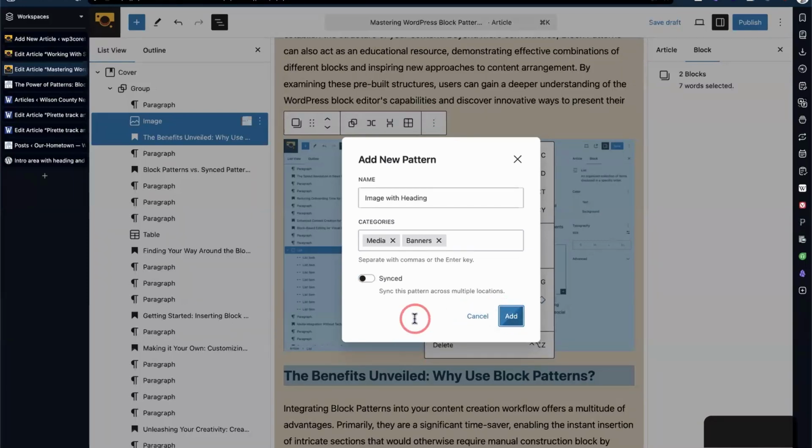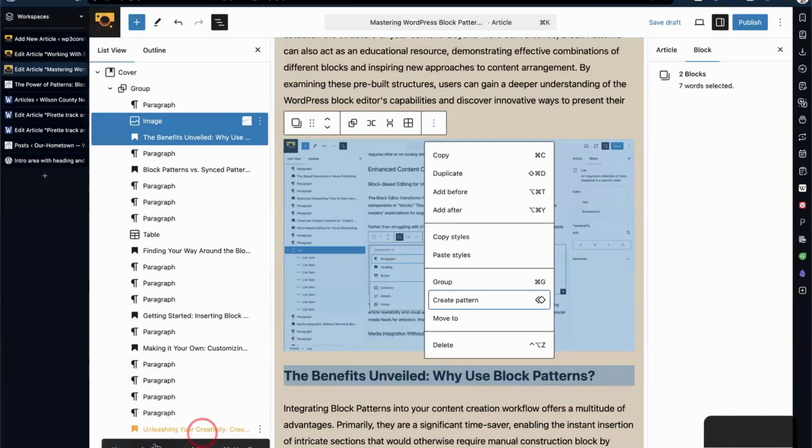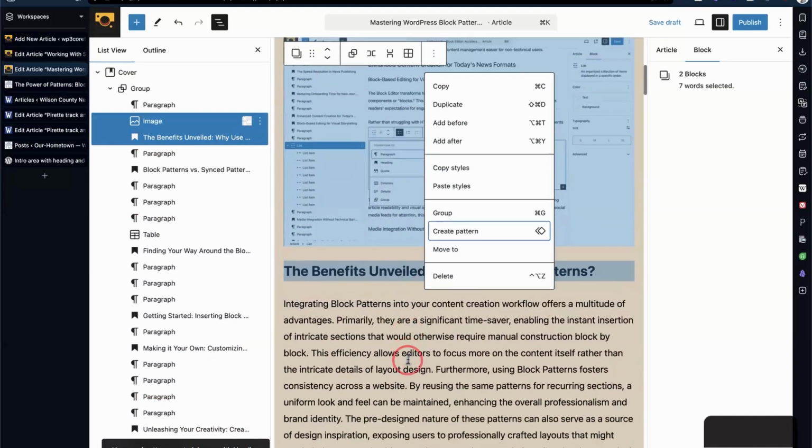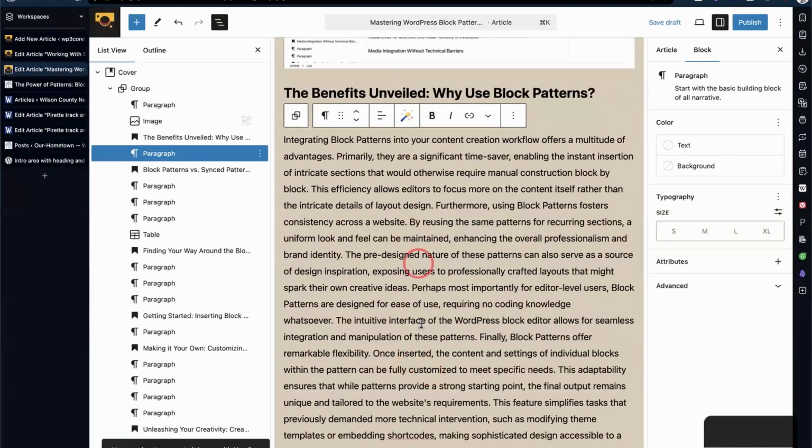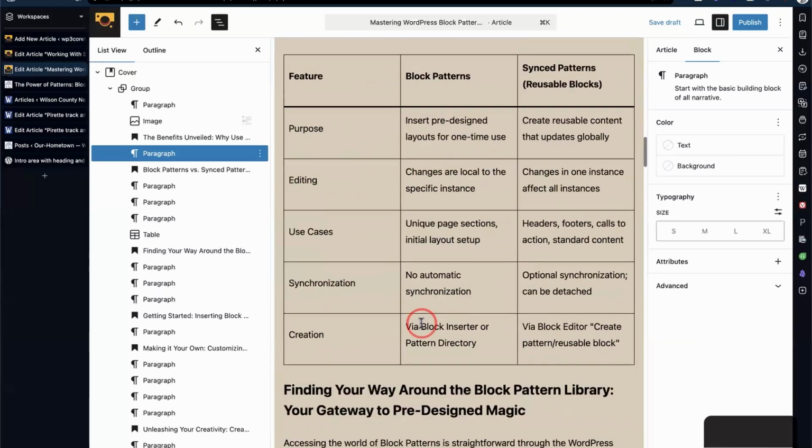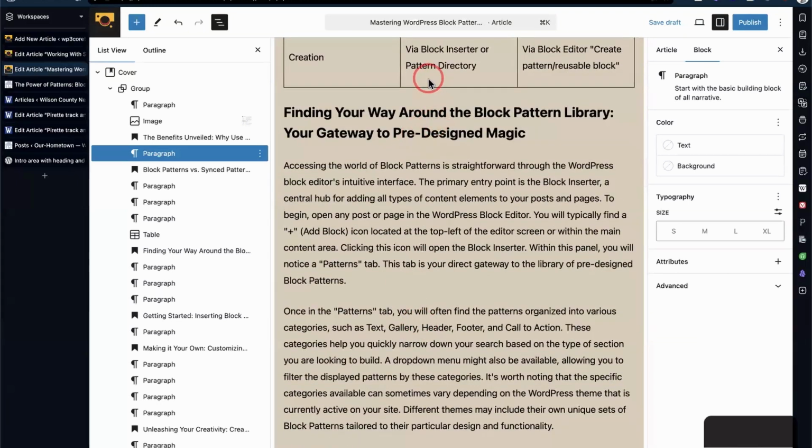And this will take just a second just to drop those in. So, unsynced pattern created, image with heading. And now if I just come down to, let's say I want to use this below this table, I can